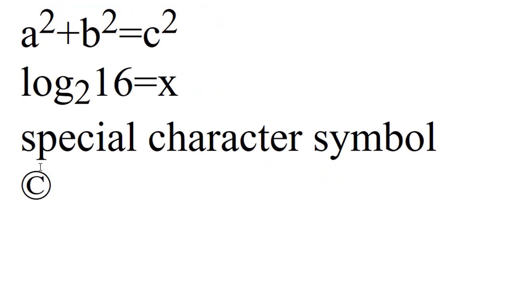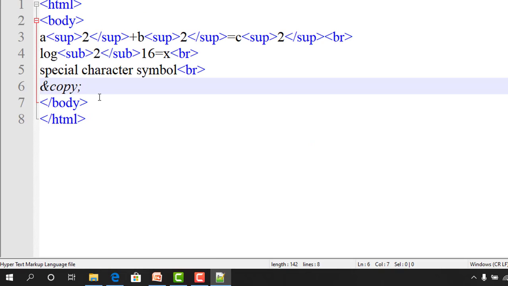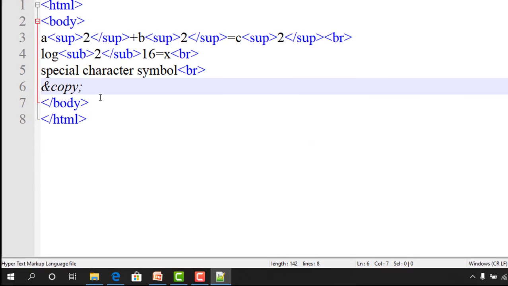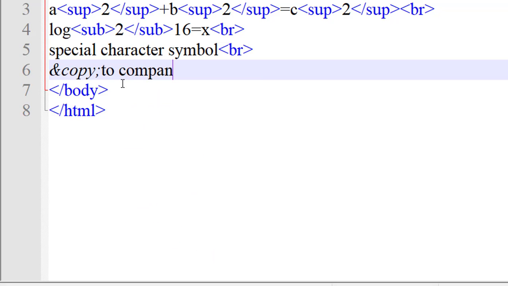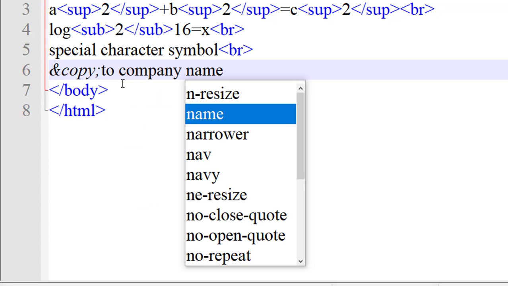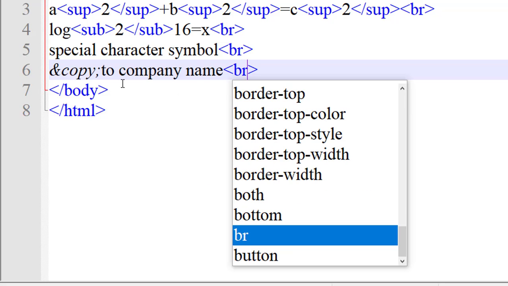You can see the copyright symbol is here. Now I want in front of the copyright symbol the company name, just break it, just save it, now run it.